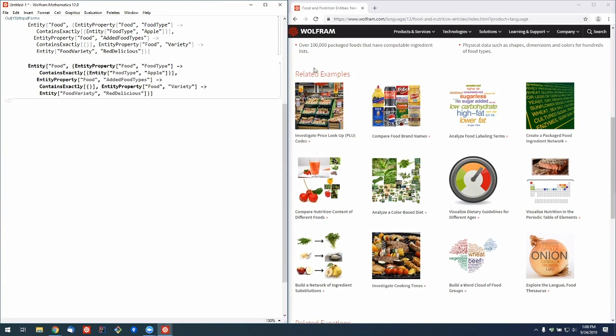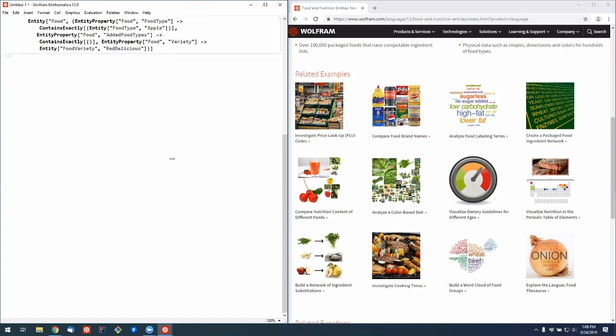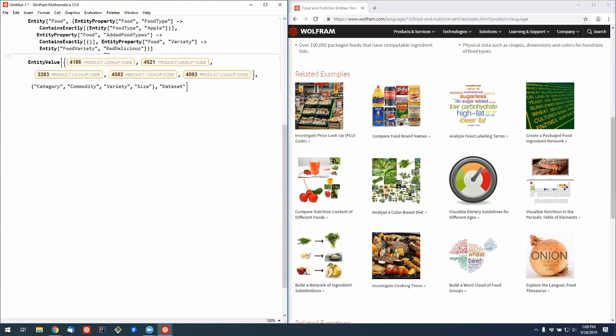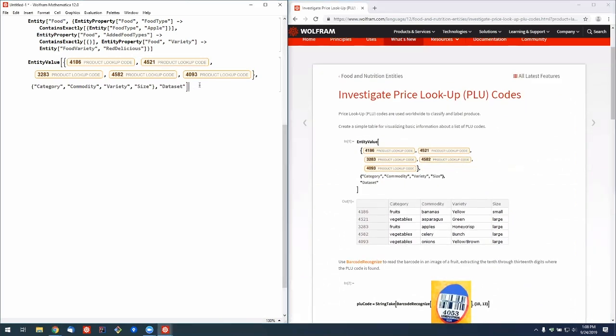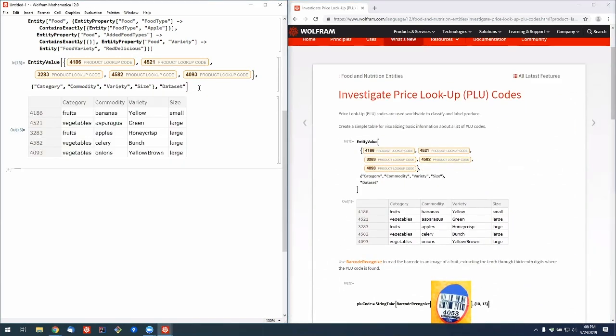So in order to dive in first, why don't we take a look at PLU codes? So we have PLU codes as a relatively new thing in the language, which we have these as entities too. These are just simple numbers that you find at grocery stores, for example. I'll show you the example over here too. Basically, just by evaluating these things, we have properties on categories, commodities, varieties, and those sorts of things, including size information